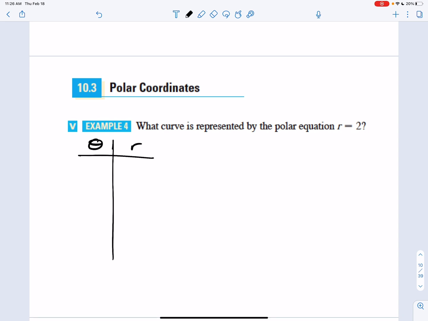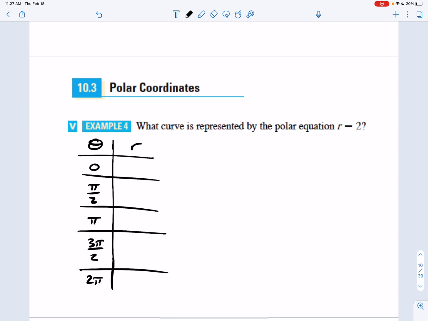Let's do 0, pi over 2, pi, 3 pi over 2, and 2 pi. I'm using all of the quadrantal angles here. Okay, so based on this equation, r equals 2,